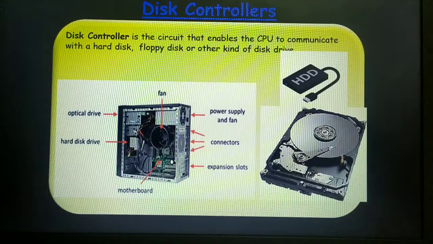Moving on under the disk controller, we are moving on to the next topic, that is the hard disk controller. Usually every computer system comes with an internal hard disk, that is the HDD. This is how the view of an internal hard disk would be. I think the working of the hard disk we have studied in first PUC itself. This hard disk controller is the interface that enables the computer to read and write information to the hard drive. The hard drive is able to store your data permanently.